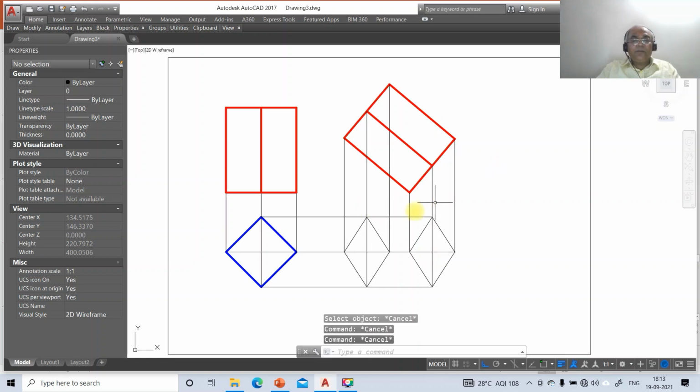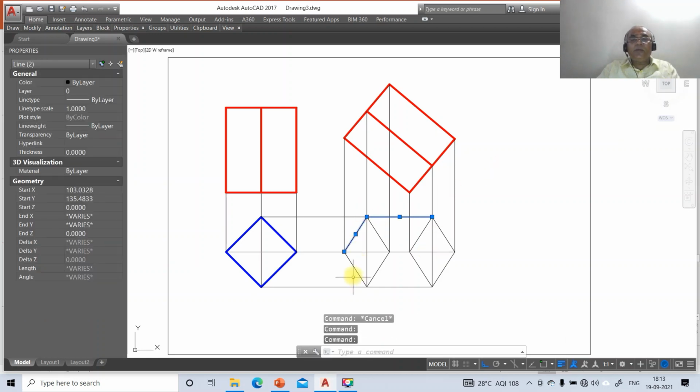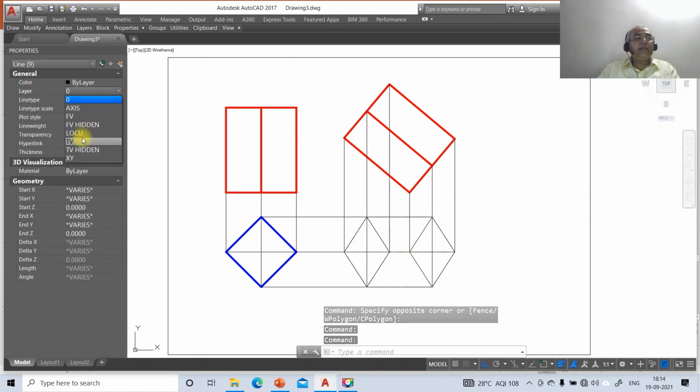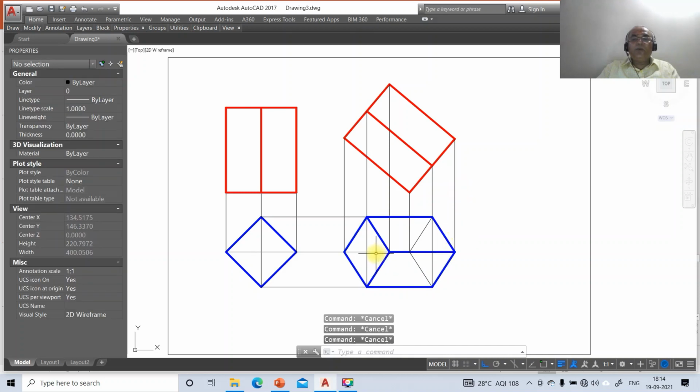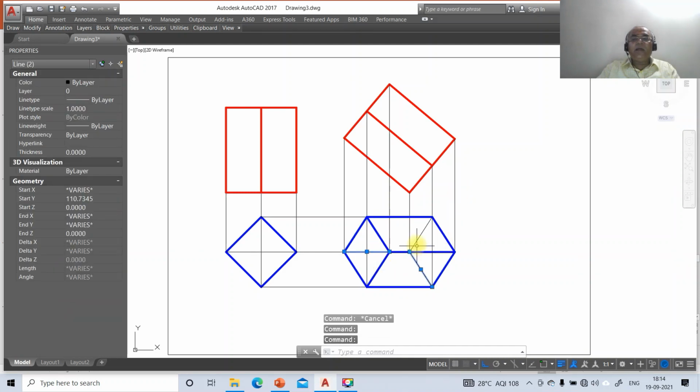Now we go for all the exterior edges of the boundaries of the solids are visible and the surface nearer to the observer is visible. So these two and these two. Go to layer, make that layer as top view. Now you just go to this line and this line and this line. Go to layer, make that layer as top view hidden. And you just click on this and give this distance as 20 mm.